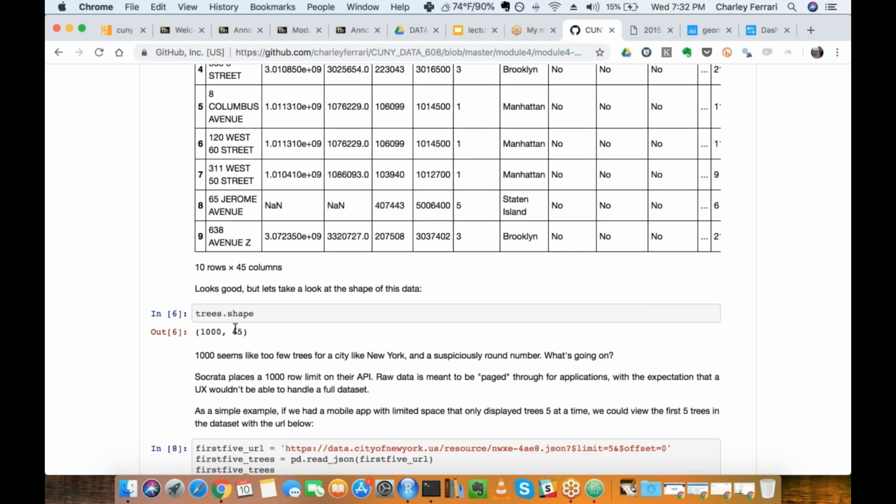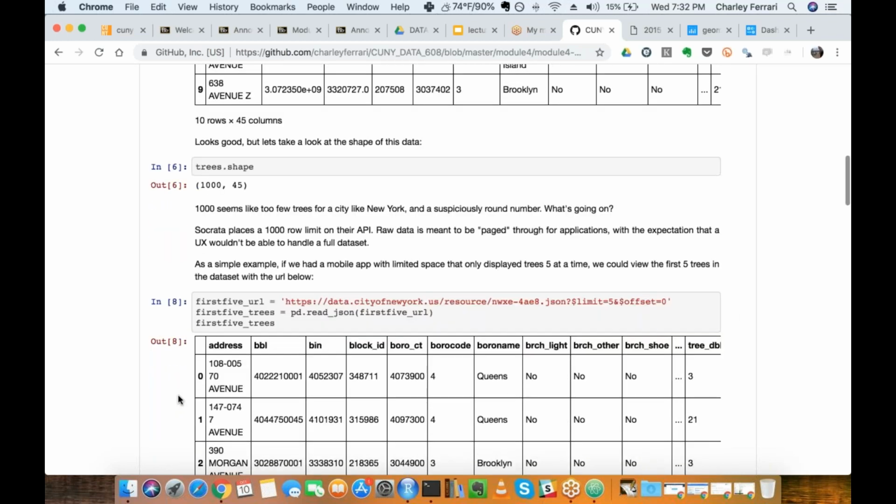But when you take a look at the shape, you could see we only have 1,000 trees, and while New York is a concrete jungle, there's probably more than 1,000 trees in New York City. And as I mentioned, it's a suspiciously round number. So what might be going on here?